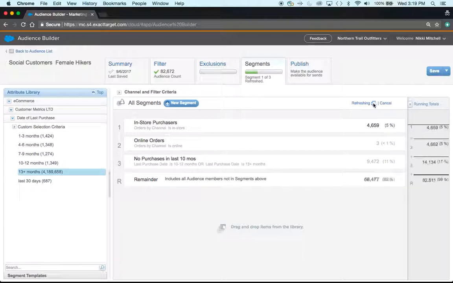So this is my point in showing you this, is that your numbers can be greatly impacted by the order of creation and whether or not we have crossover in the segments that we're creating. They are already within the audience. So, maybe it doesn't make sense to leave the no purchases in the last 10 months, and instead,